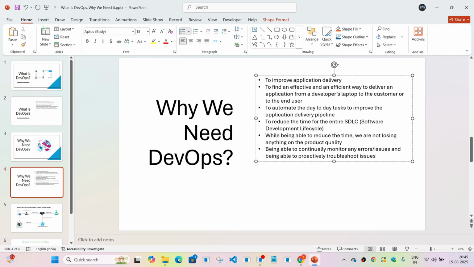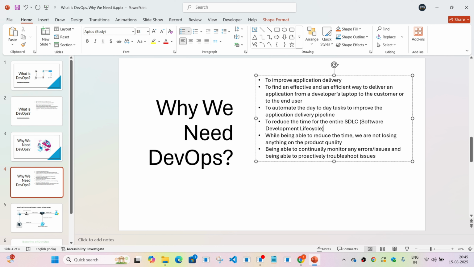It's the same thing. The developer is going to write the code on his or her local laptop. The code is going to move to a repository. From there, it's going to be deployed to a server. Then that piece of application or code is going to be tested thoroughly, and only after the tests have passed will the application be promoted to the higher environments like test, UAT, or prod. Okay, after all the tests have been done in the low environment. So this is how it happens. So to reduce the time of the entire SDLC life cycle, we use DevOps.